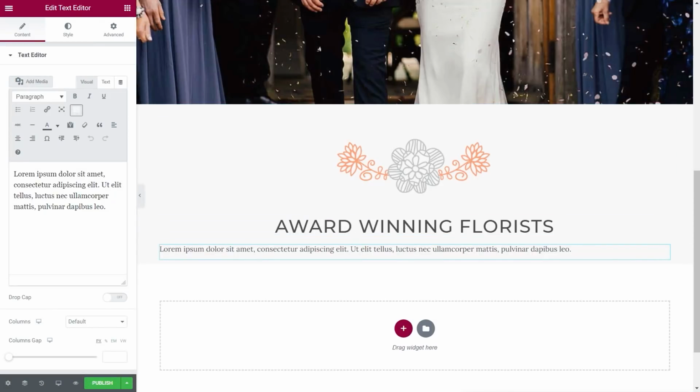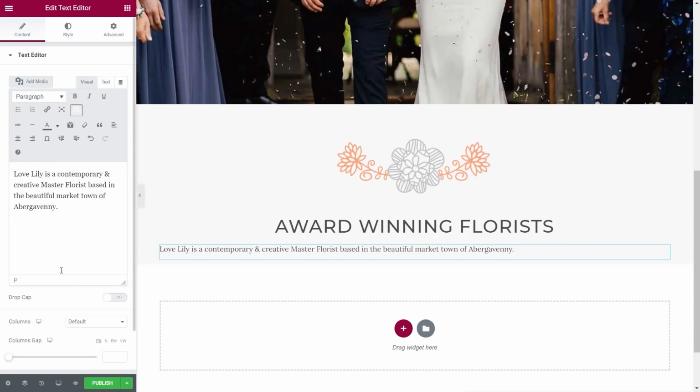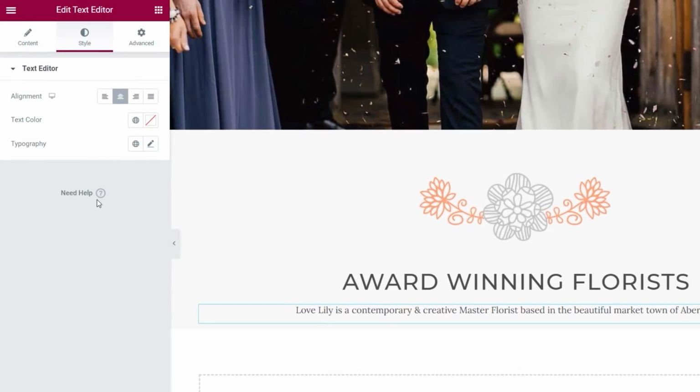And we're simply going to take a little bit of text that I want to use on here, which is all about the award-winning florists. I'm going to drop that into there, making sure that it hasn't taken any extra junk over with it. And now we can just quickly tweak this. So we can come up with things like style, set the alignment on there, and we can adjust the font weight and so on. Because this is simply using the body, we want to give it a little bit more